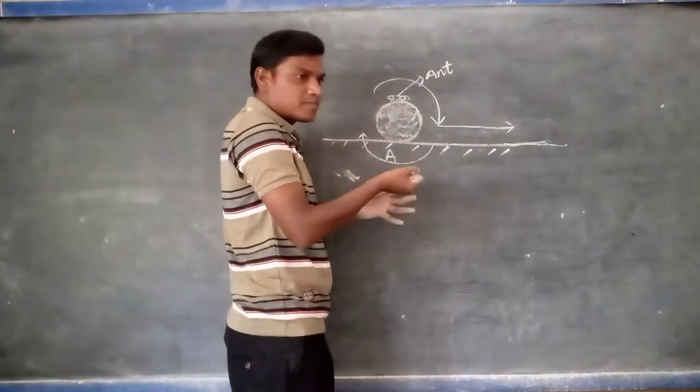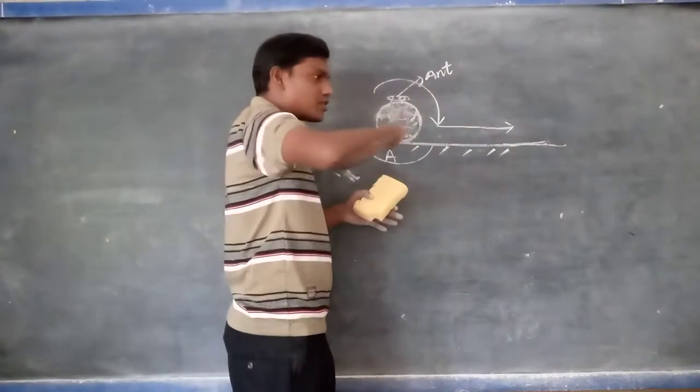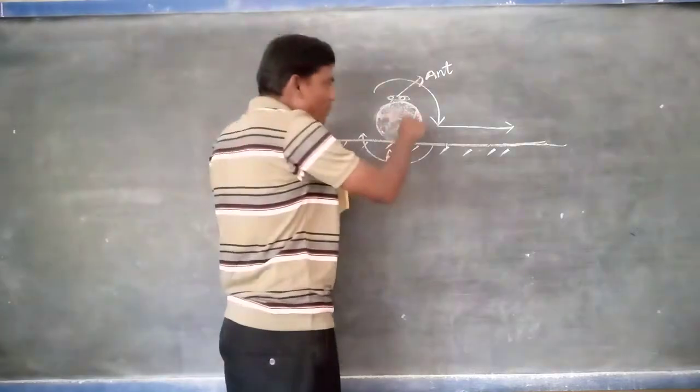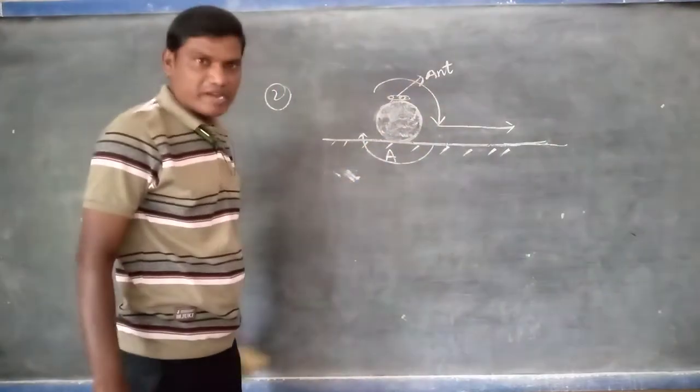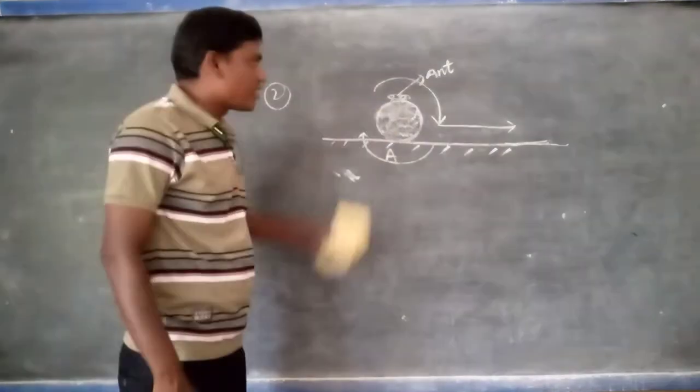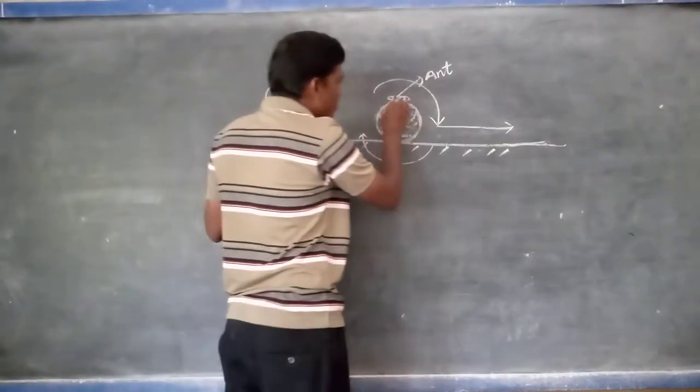In that prey, you are observing that they are continuously rolling. But in this one, only the ball is rolling, but not the beetle nut. In the same way, here also an ant is moving on the surface